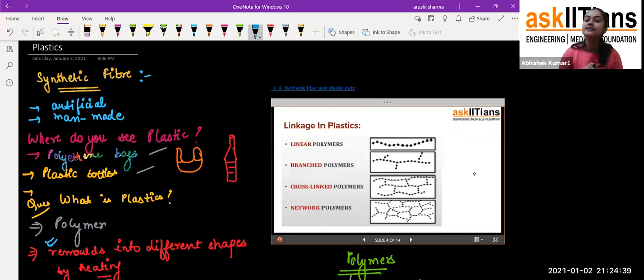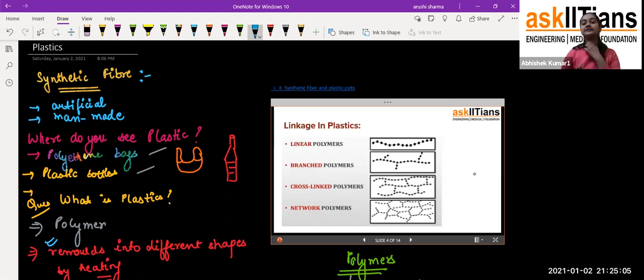Okay, so that is how, students, we have different types of plastic. Some types of plastic are softer in nature, and some types are harder in nature. So due to the different arrangement of the monomers, you get different properties of the plastics. Got my point? That's the main point behind plastics.